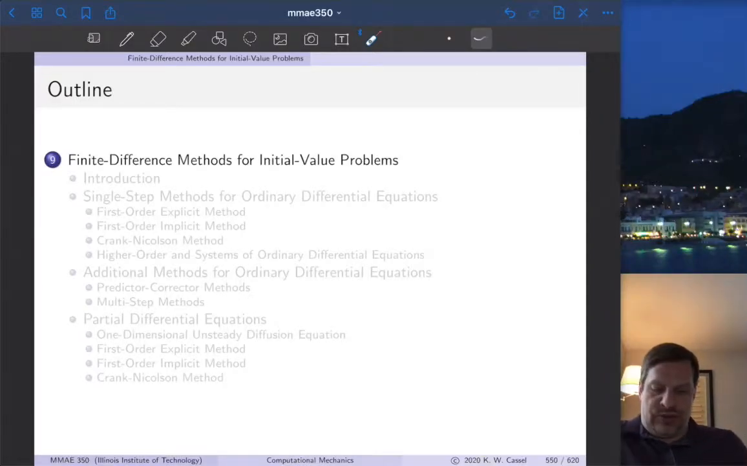All right, so just a short video to introduce our last chapter, which is finite difference methods for initial value problems. So in chapter 8, we looked at boundary value problems. Now we'll look at initial value problems. As you'll see, there's some additional considerations that we need to be concerned with, and it builds on the same